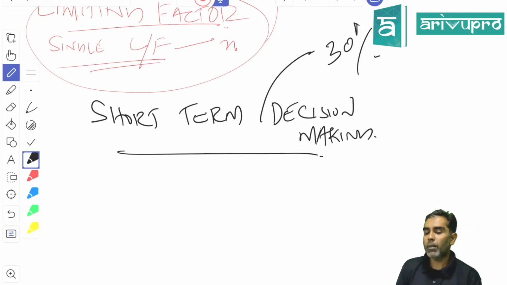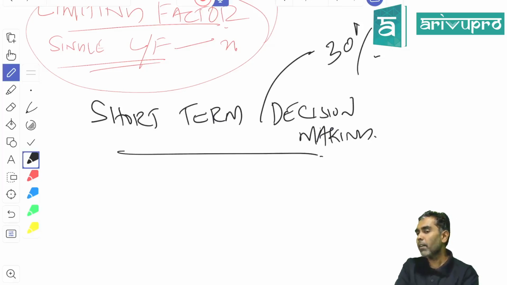When doing short-term decision making, the important thing is to remember that the marginal costing system is always applied or used. Full stop and continue. This is because